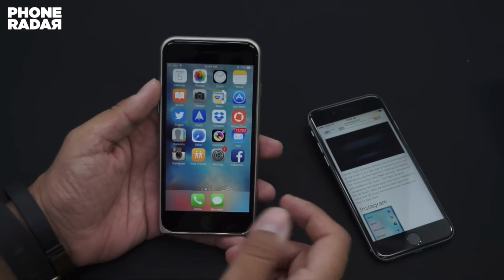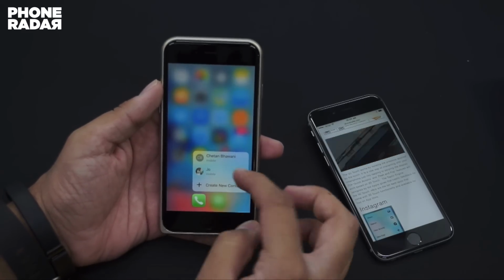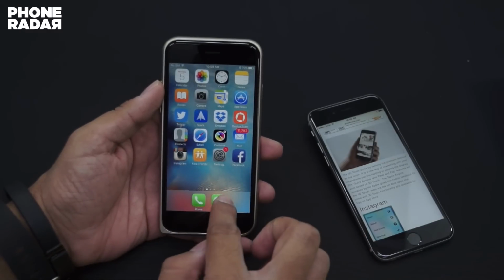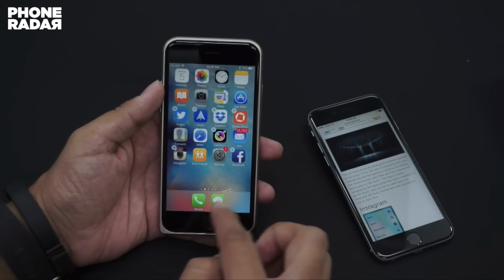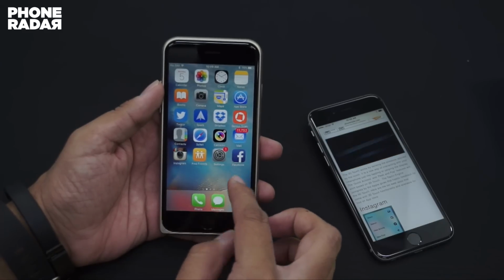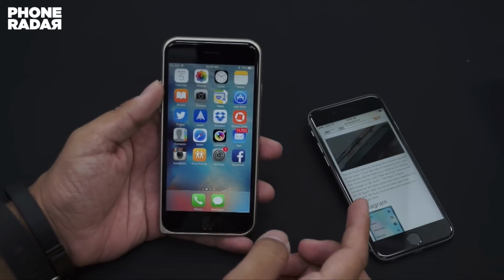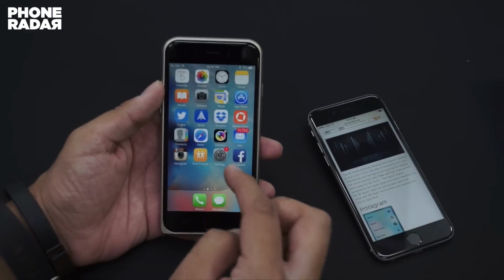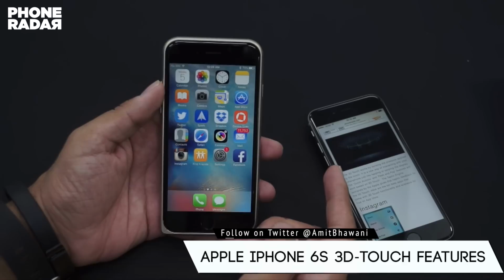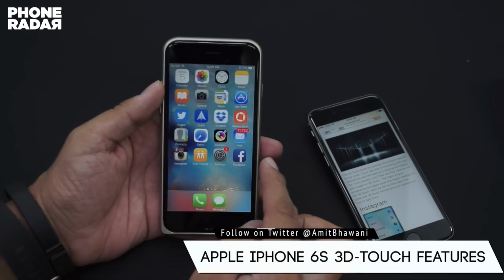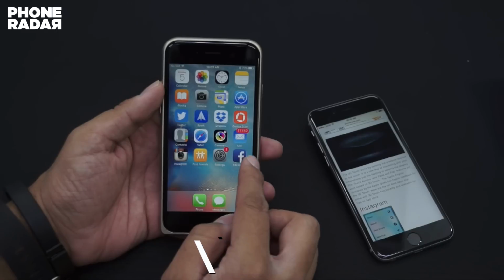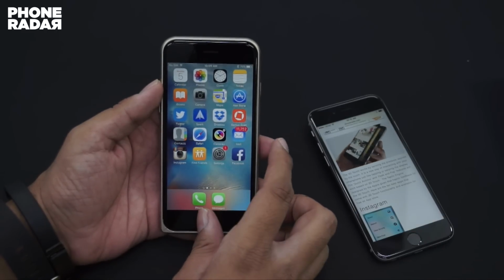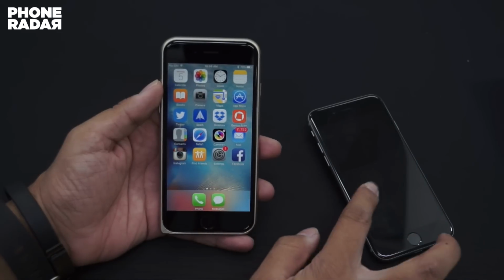A few of the basic functions of this phone, like Phone and Messages, do come with this feature. Do make a note that if you do a long press, you will end up deleting these applications or getting an option to move them. But in order to enable 3D Touch, you have to actually do a force touch, and you get all these options. So let's get started with some of these applications. Whenever an application does not have this feature, you would find a small vibration, which clearly notifies you that there's no 3D Touch feature available for that specific application.